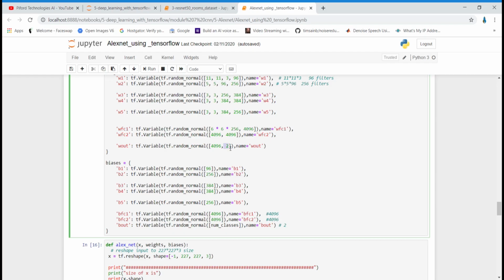Why are we having only 2 neurons in the final layer? Because we are performing an object detection task, and in that task we have two kinds of labels, bedroom and dining room, right? So that's why we need only 2 neurons. And again, these are the 8 different bias values for the 8 different layers. Now we have defined the weights and